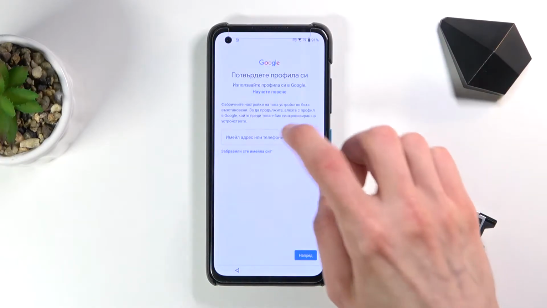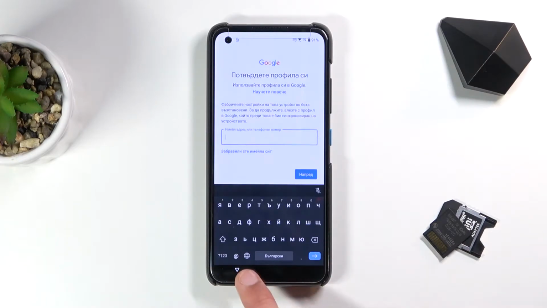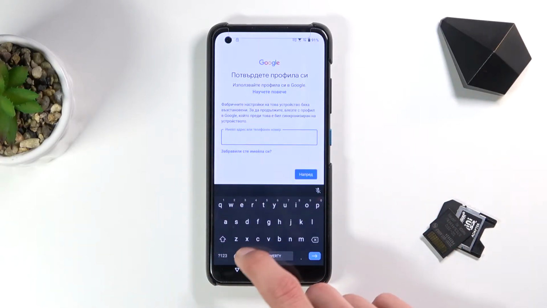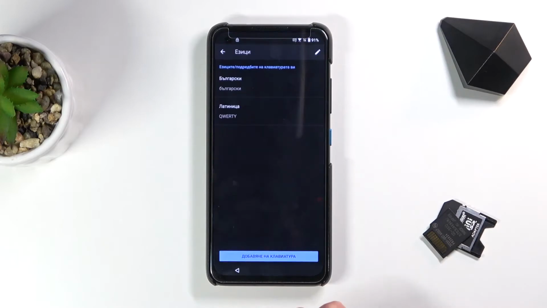And once it brings up the field, you want to tap on the field. It will bring up our keyboard. And right here, you can see there's a globe icon. You want to hold it. And number one, we're going to go back to QWERTY, then hold it again and go to language settings, then